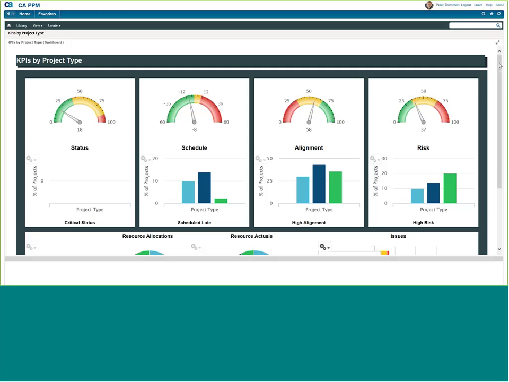Then we saw how we can look at an ad hoc report and drill into information on the fly and help to visualize data and gain insight into our business. And then finally, we looked at our dashboarding functionality and how we can combine reports together to create great views for our executive team. So now I'm going to go ahead and hand this back over to Chris